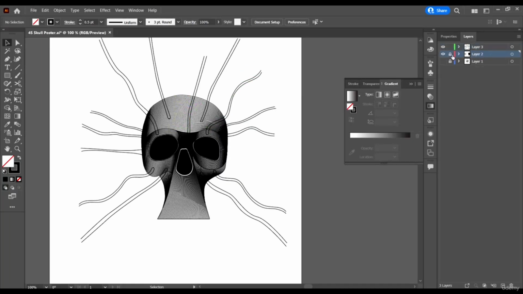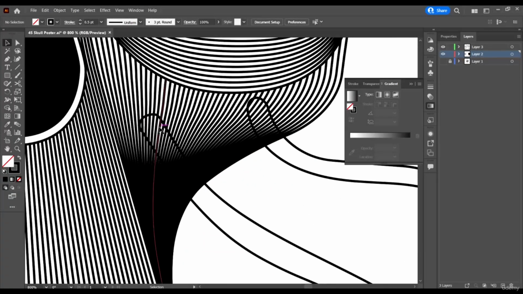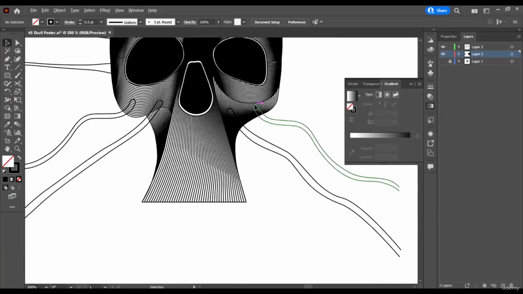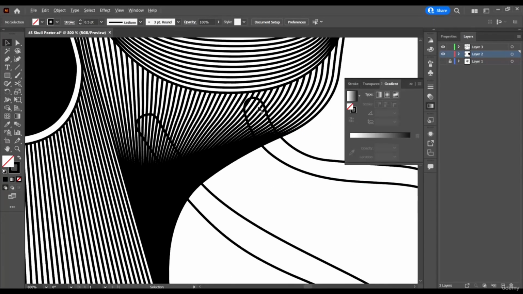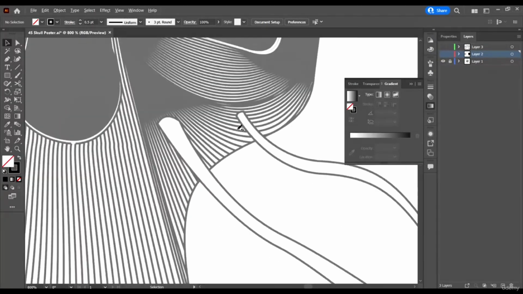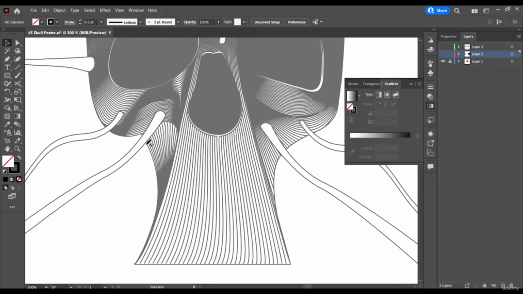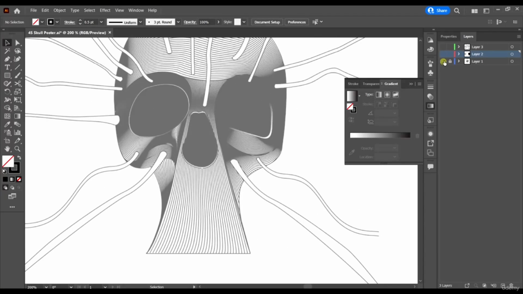okay, I need to unlock this layer. So now the next thing that is left is to cut out the unwanted parts to create what is needed. Let me just enable our image for you to see what we are working towards. Now what we need to do is to just cut out the parts so as to create this clean feel, right?